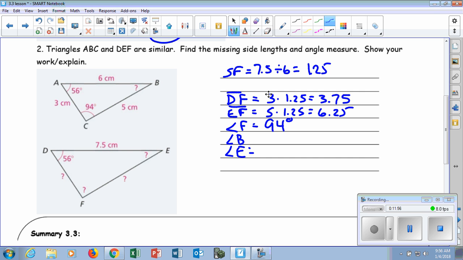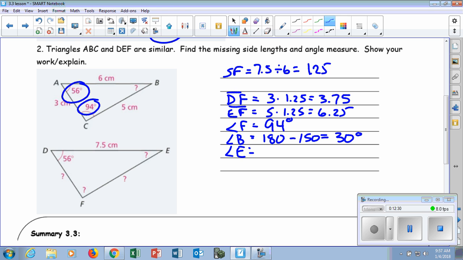Now, what did you figure out? First of all, angle B. How'd you figure out angle B? Ava. Well, I know that all angles add together to equal 180 for triangles. So I added 56 and that equal and got 150. So then I minus 180 and 150. Okay. Yeah, all the angles of a triangle have to add up to 180 degrees, right? So she basically added these two together, which came up to 150, and subtracted it from 180 to get 30